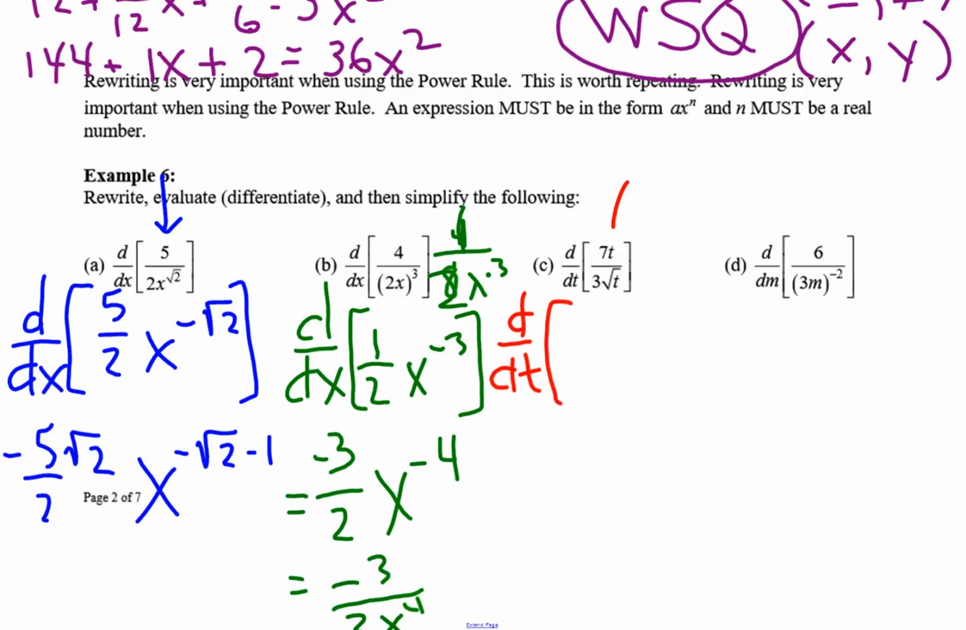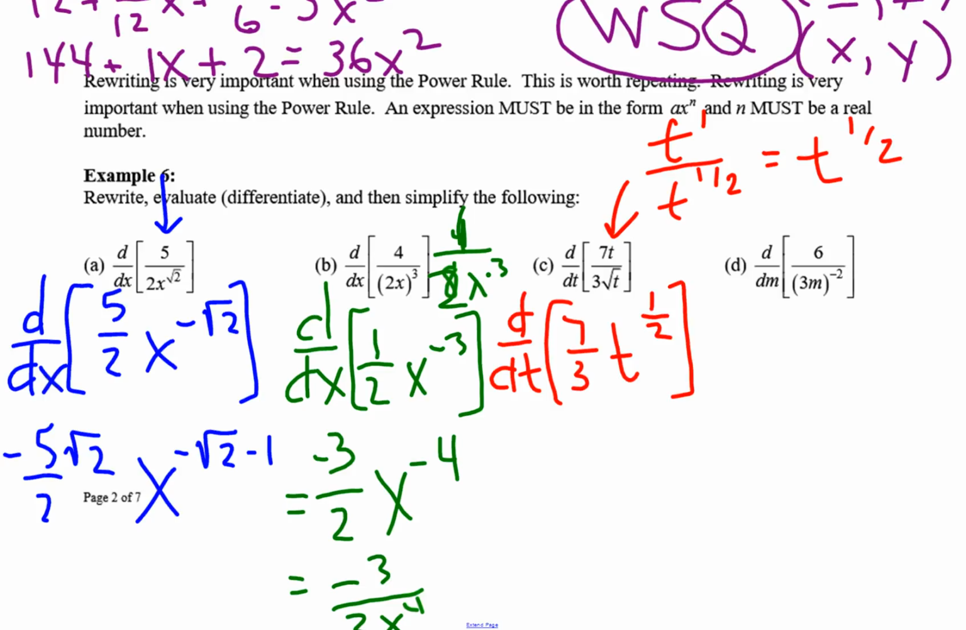We don't know how to work with fractions or when we have terms in the top and the bottom, so you got to think about this as t to the 1st over t to the 1/2. Okay, that's the same as t to the 1/2. So then we have 7/3 t to the 1/2. Take the derivative, 7 over 6 t to the negative 1/2. If you want to rewrite it, you can for your answer, or not. It's fine. And lastly,